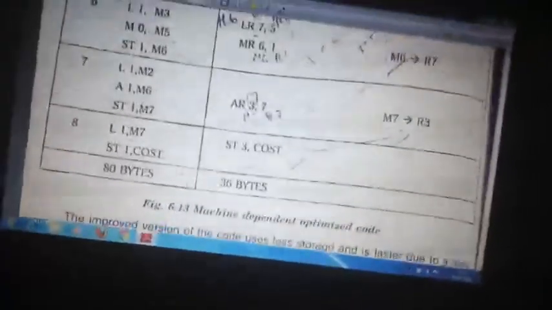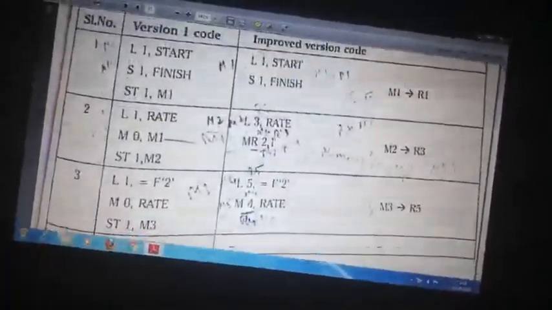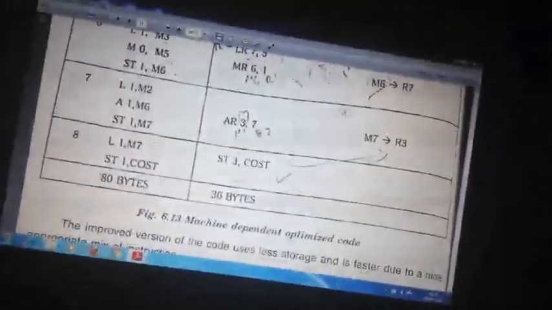So we have 1, 2, 3, 4, 5, 6, 7, 8, 9, 10, 11. So total 11 statements. In that, all are register statements which are of 2 bytes. So this is 2 byte, not 4 byte.